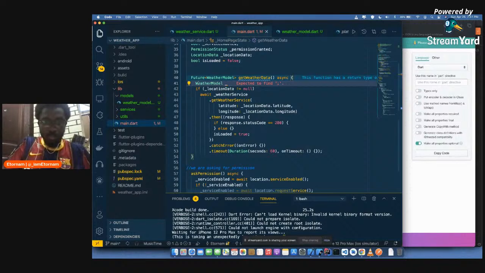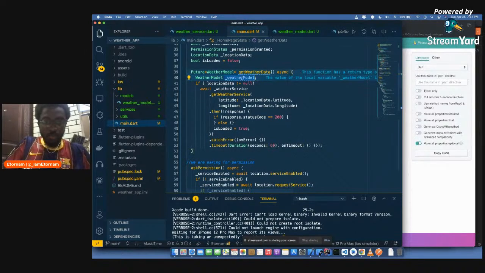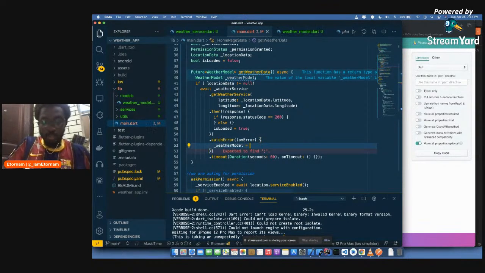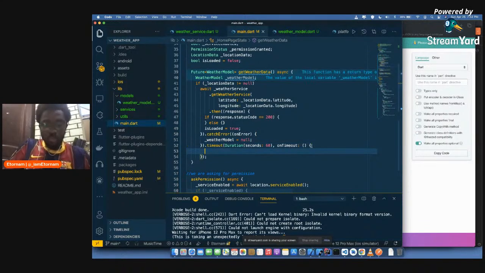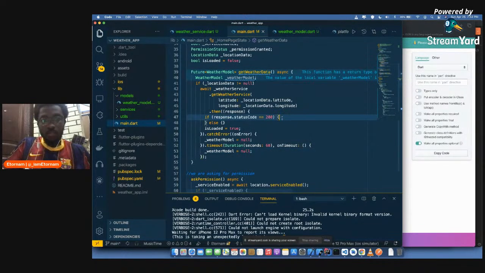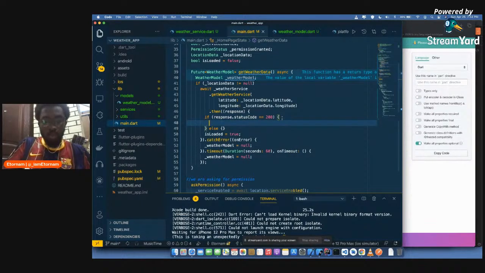Weather model, usual private class. Weather model. Just initializing the variable and over. So if there's an error, you want to set it to null because there's no data. If there's a timeout, you also want to set it to null. And if there is a response and it is positive, so it's successful, you want to say weather model equal to